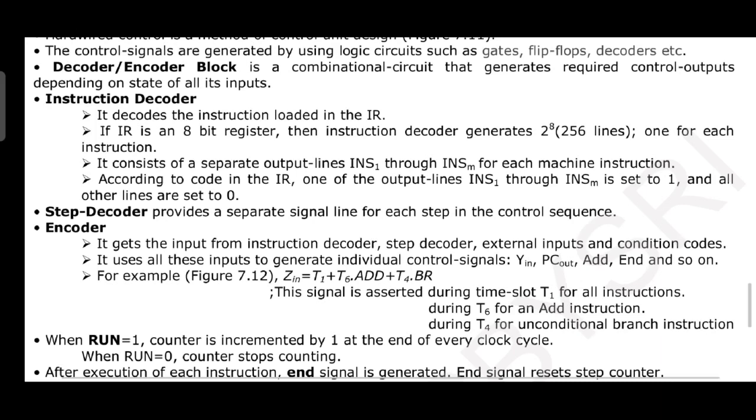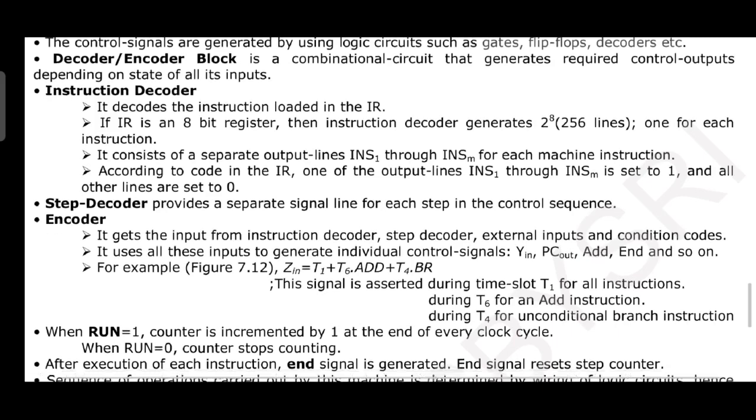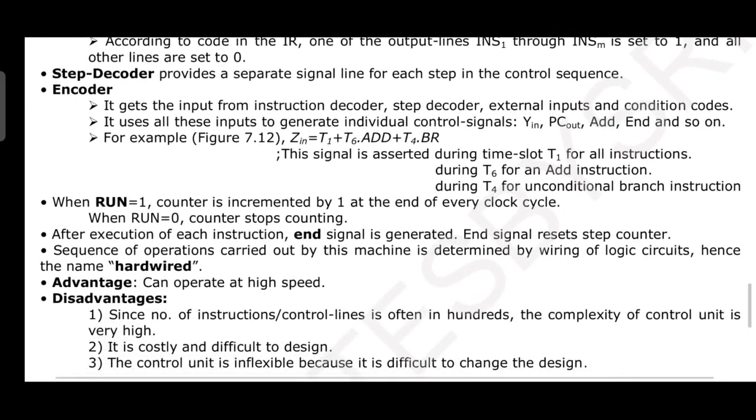The question comes, right? There are two technologies to generate the control signals in sequence. They should not be generated randomly. They should be generated in a particular sequence. So there are two methods to generate them. One is hardwired control. It's not hardware. Okay, hardwired control, and the other one is microprogrammed control. Hardwired control is a combination of AND, OR gates or logic gates, you can say. So a combination of logic gates will produce the hardwired control.